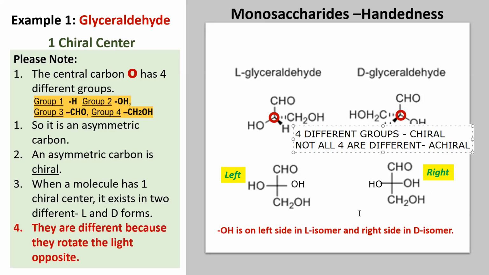I was just trying to show you an example that will help you. But no, if you ask whether you have to look at this side, I would say no, you don't have to look at this side at all. Just see one, and you can declare whether it is chiral or achiral based on having 4 different functional